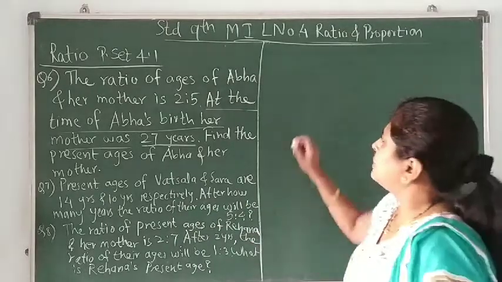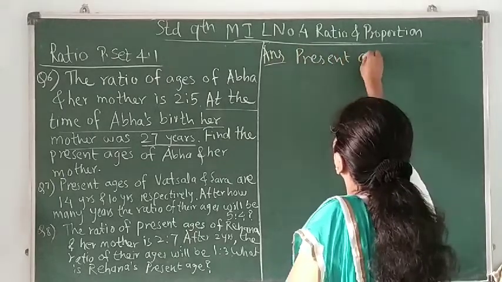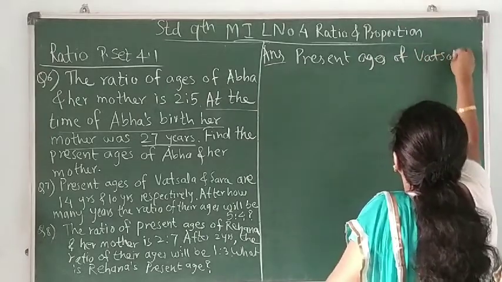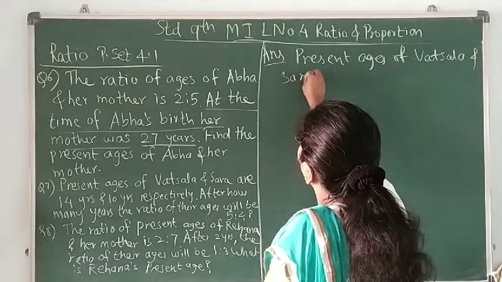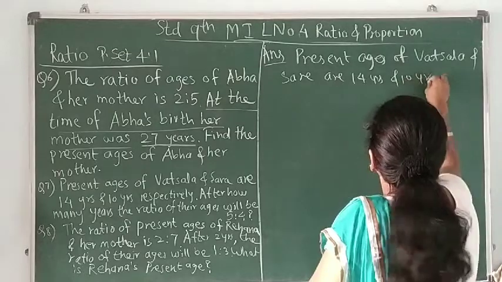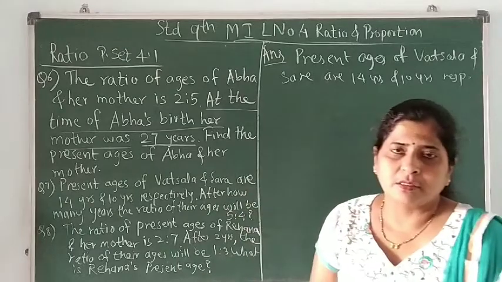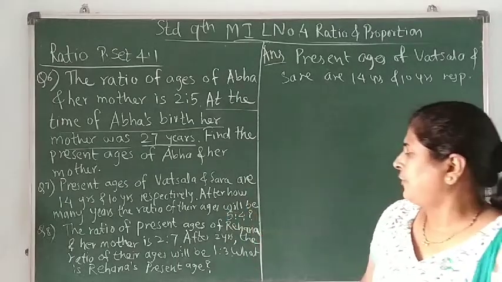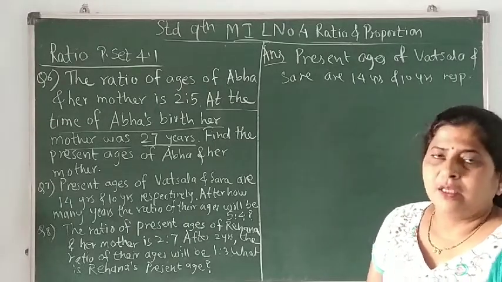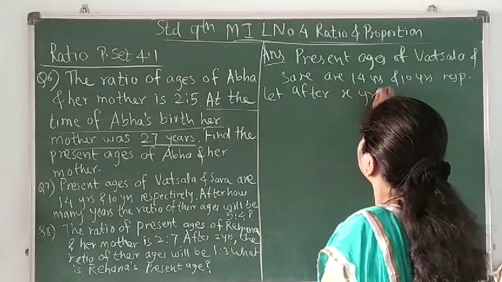Okay. So we will write the present ages of Vatsala and Sara are 14 years and 10 years respectively. Okay, so it's given to us. So after how many years is the ratio going to be 5:4? The thing which we do not know, we have to assume to be x. So we can say, let after x years their